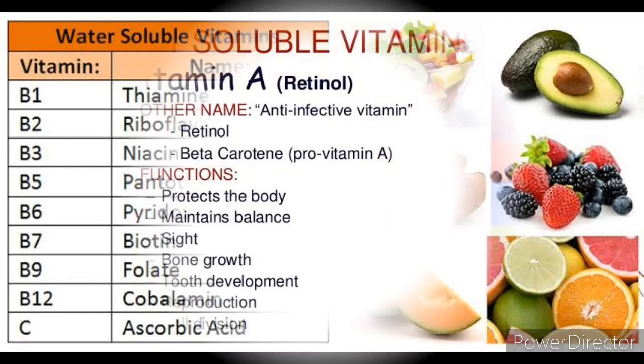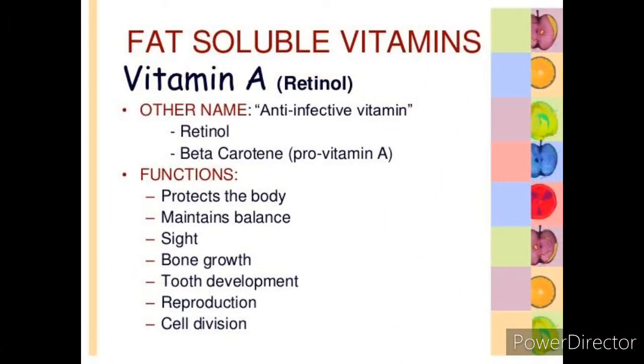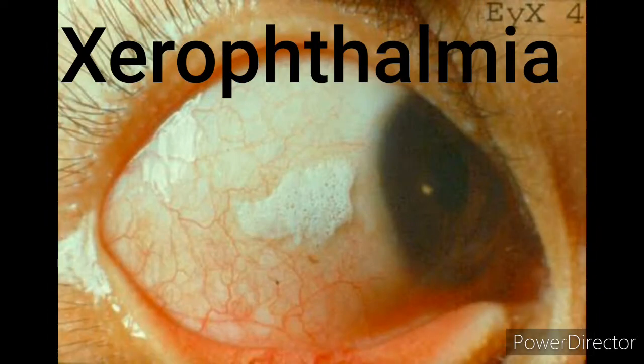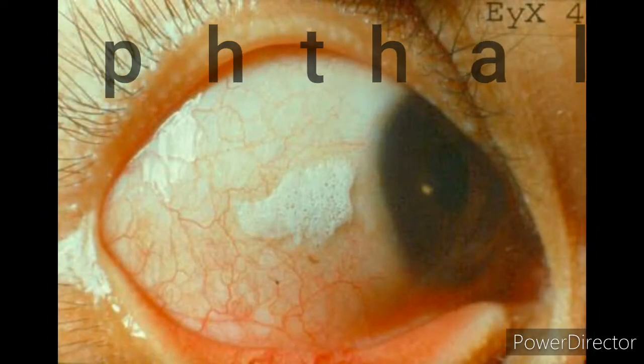Let us begin with the first type of fat soluble vitamin, that is retinol or vitamin A. Butter, egg yolk, carrot and green leafy vegetables are rich sources of vitamin A. Its major function is to promote growth and it provides resistance to infection of the skin. If a person is deficient in vitamin A, that results in night blindness, that is poor vision in dim light, and also